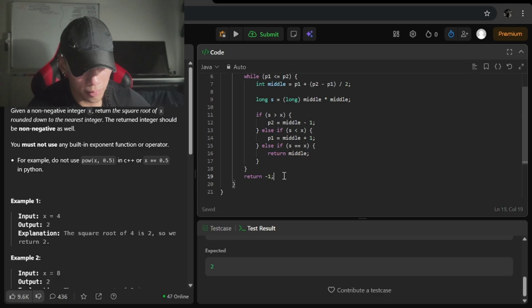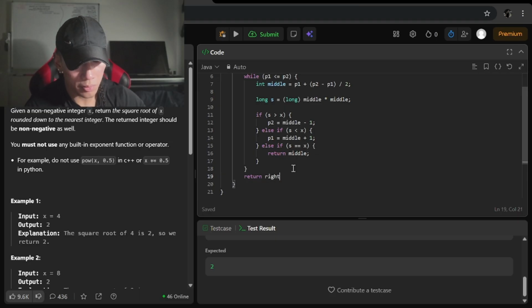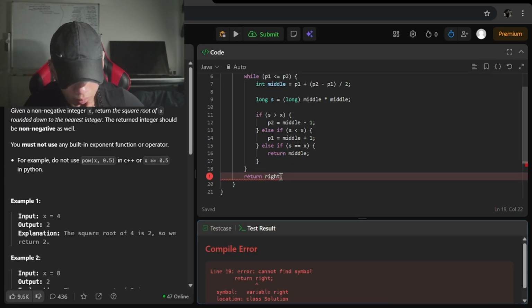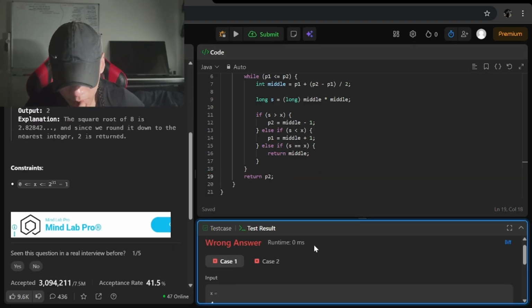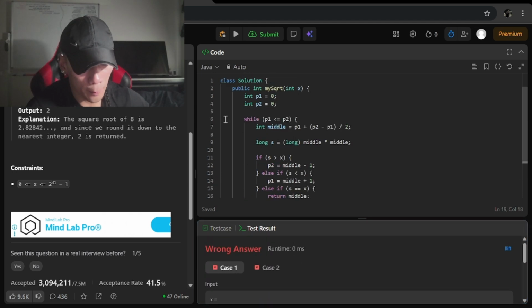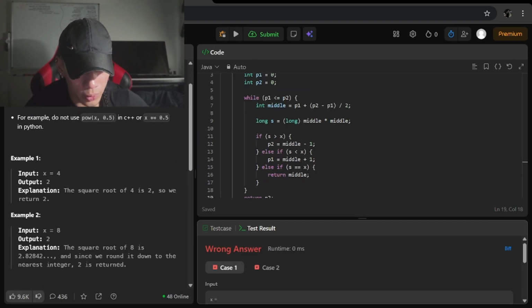Returning. Return right. But do we even understand it? I get it. Do you understand? Yeah, you run through a simulation. You get it, but if you get the right answer. Alright.